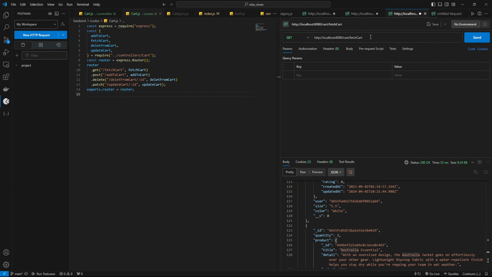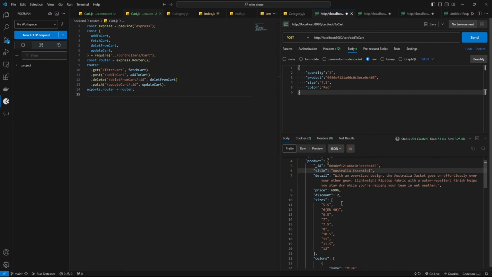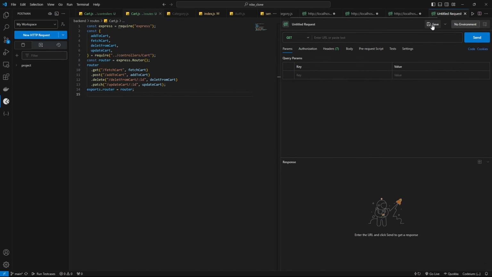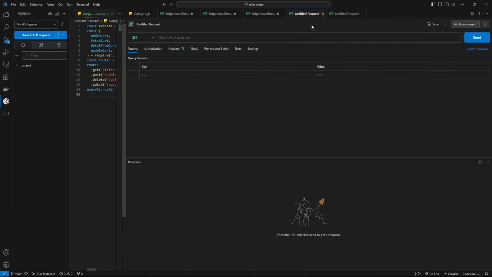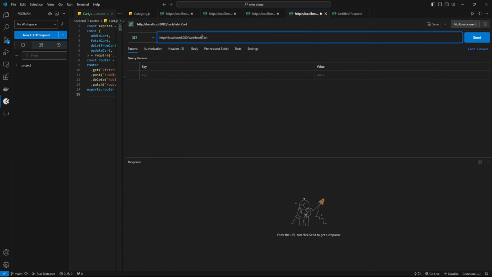This is for the login, this is for the fetch cart, where we are getting the cart, and here we have the add to cart with these functionalities. Let's use this one to update the same product. Here we are giving the size of 7.5. So let's identify the product because for the updation we need the ID. Let's make it a bit big so that we can see all the requests. Okay, so here we need to update cart,